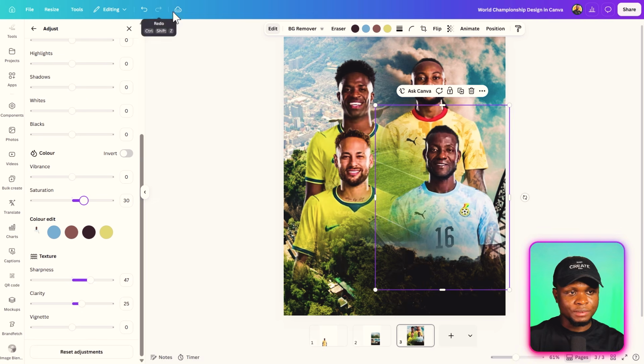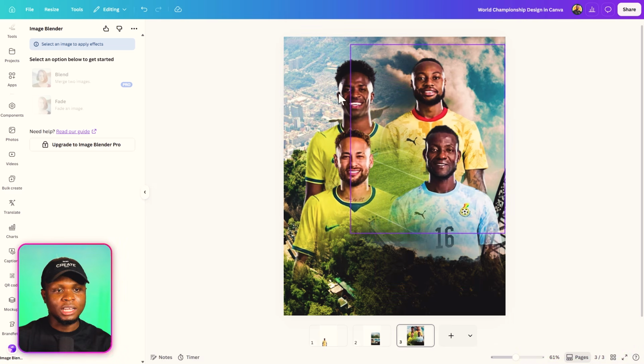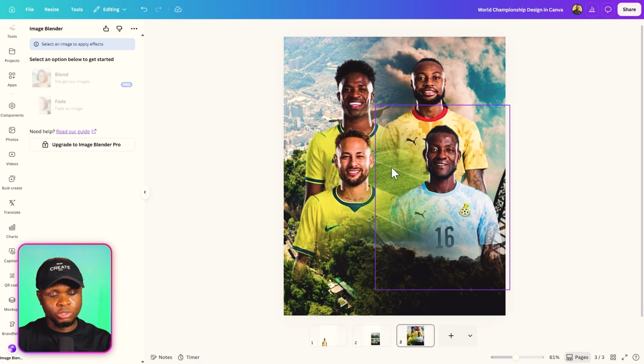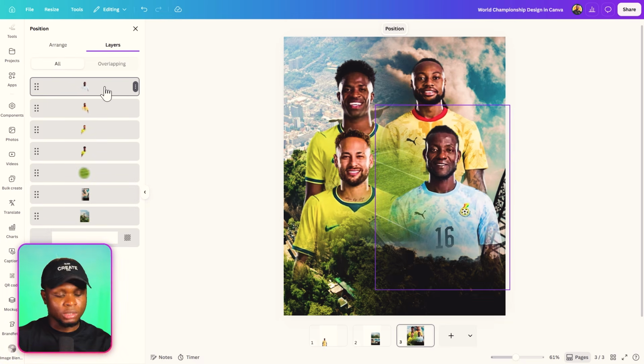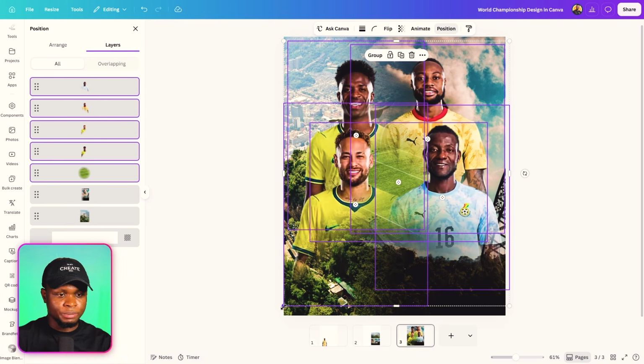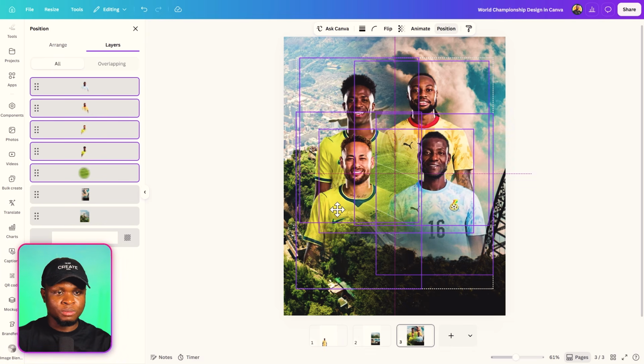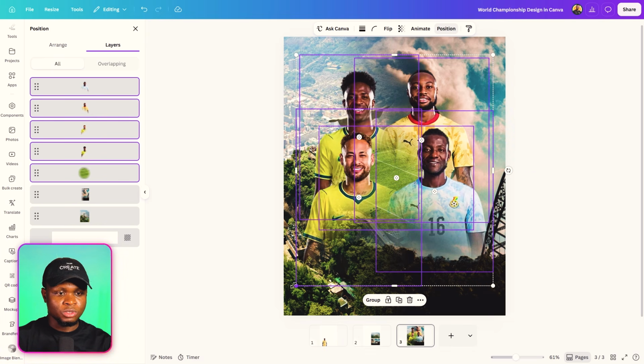At the moment, Canva is still processing our image. That's why things are not saved properly. Okay. Now, I want us to select the players and the pitch behind. Okay, so I press Alt+1, which brings up the layers. Okay, to select everything is too big, so just reduce it slightly, just something small, and this is what we